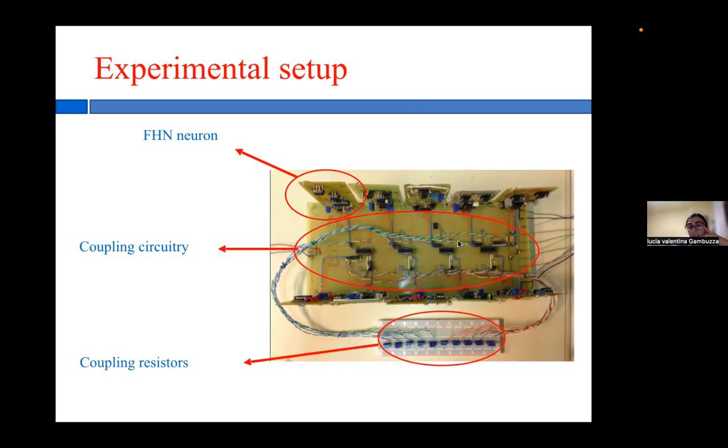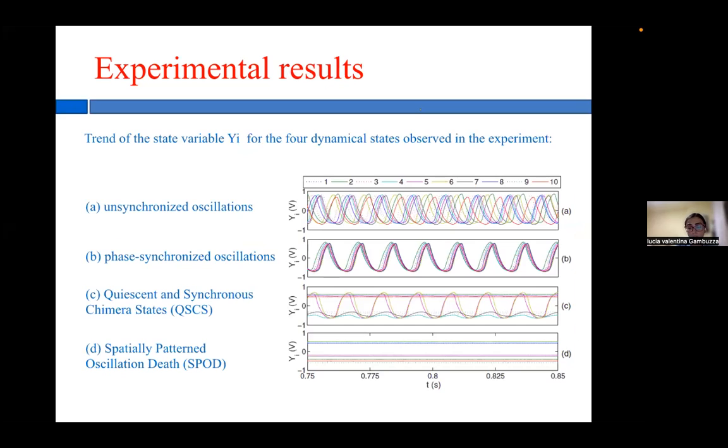So this is the most important part of our experiment, and on the bottom you can see all the coupling resistor. Through this variable resistor, we can adjust the value of the coupling between the units in our system. I want just to show you the final behavior. We were able to find this particular state, and in particular, for different values of the coupling strength among